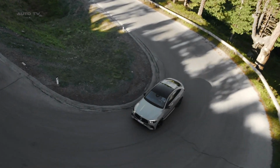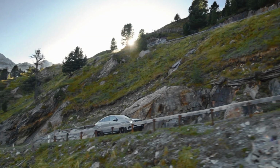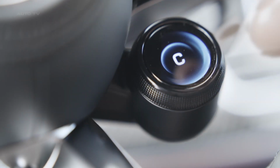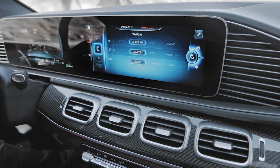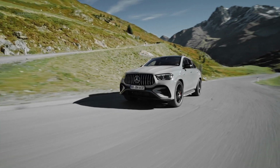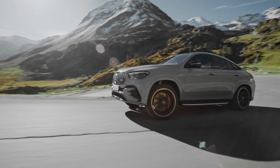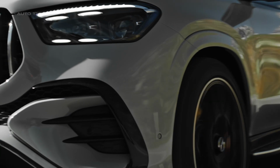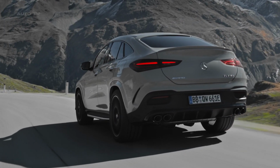The Mercedes-AMG GLE 53 Hybrid is a plug-in hybrid that promises to deliver both performance and sustainability. The vehicle comes in both SUV and coupe variants, offering a system output of 544 horsepower and a maximum system torque of 750 Newton-meters. This is achieved through a combination of a 3-liter inline 6-cylinder turbo engine and a 100 kilowatt electric motor. The engine alone produces 449 horsepower, and the electric motor adds another 100 kilowatts, making for a